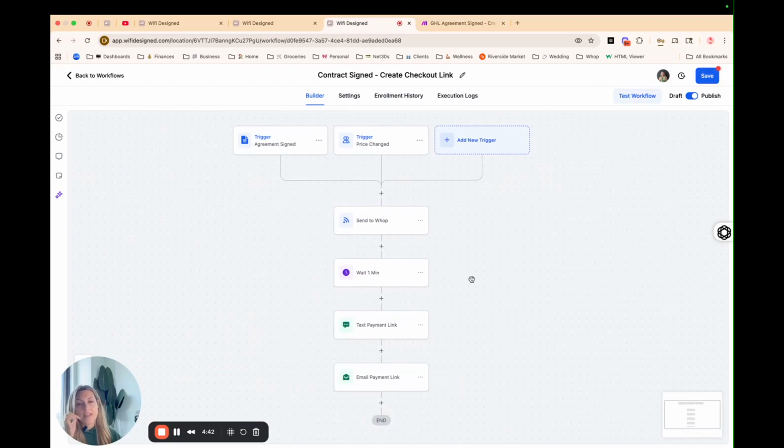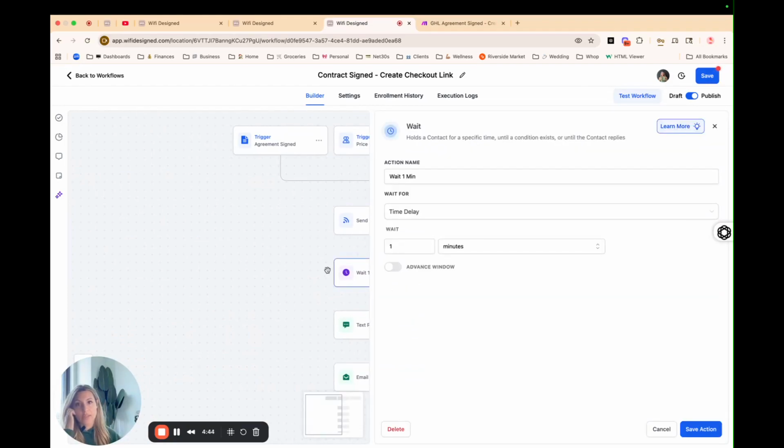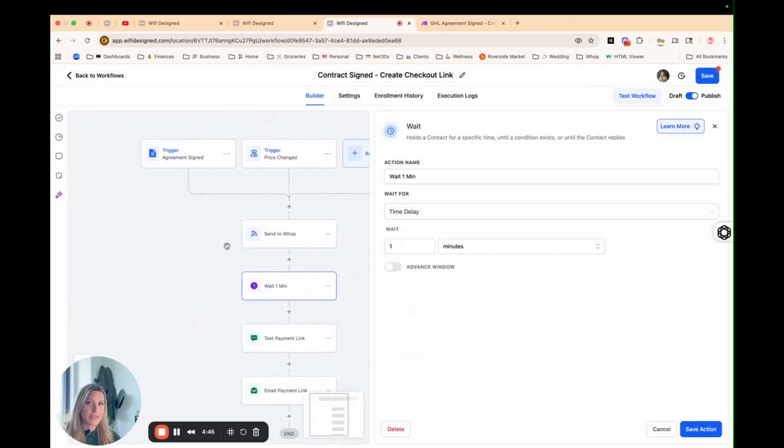Perfect, done. Now, the next action that I would add is I always like to wait a minute when I'm creating anything that's talking with other software, because you want to give it a minute to generate and create that custom checkout link, come back to Make, post it to GHL, send to the customer. There's a lot happening, so just give it a minute to process all of that so we don't risk anything